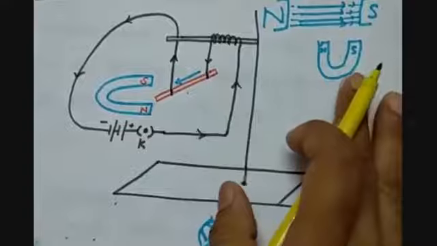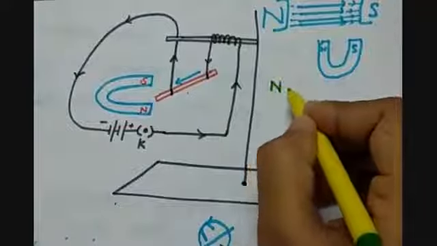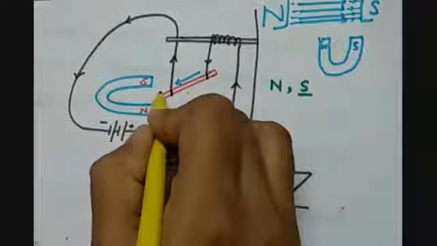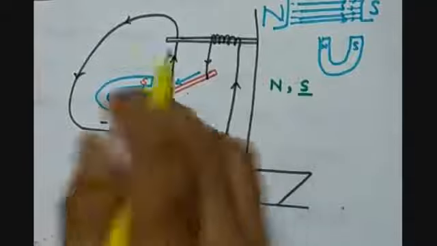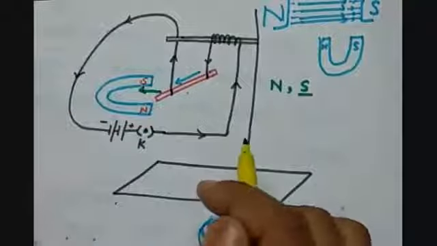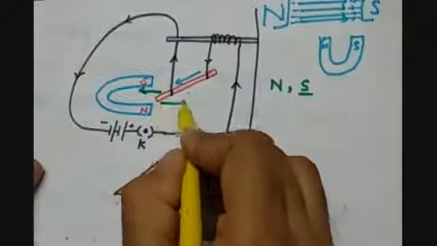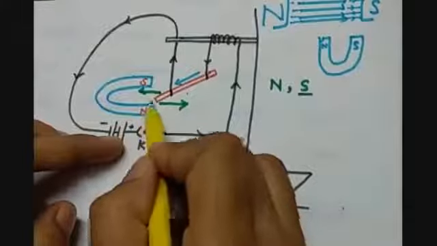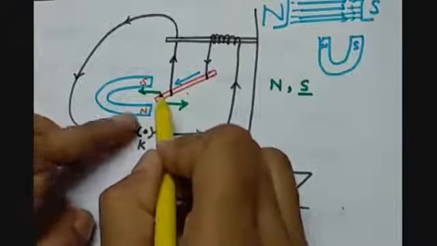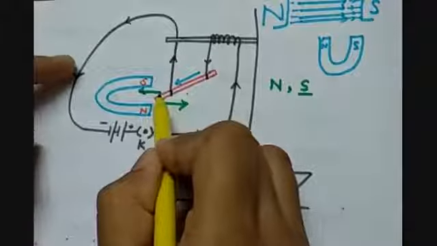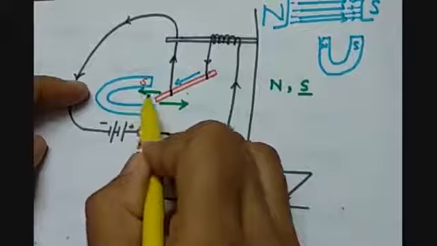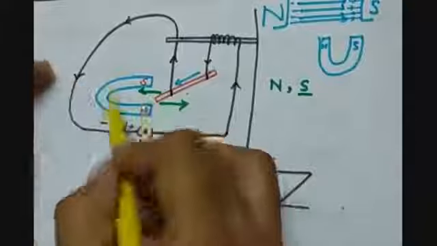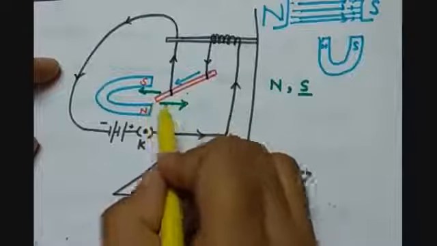and there will be two things: once it behaves as a north pole and once it behaves as a south pole. So the magnetic field interaction will cause it to move once towards the left and once towards the right. Once attraction happens, when the magnetic field attracts, then this strip will move into the horseshoe magnet, and when it gets repelled, then it will come out.